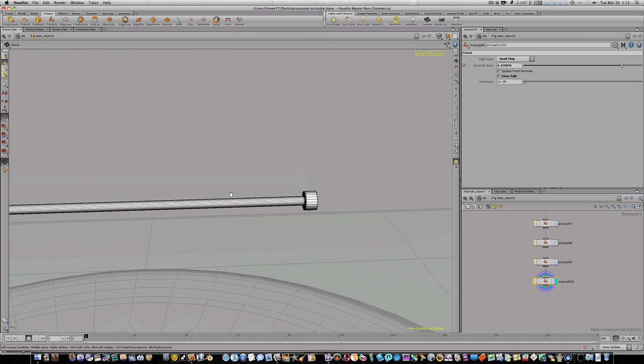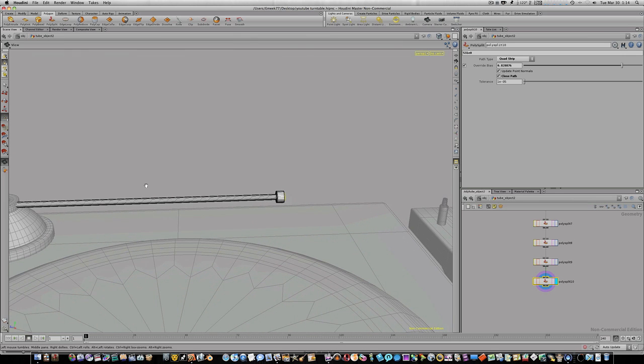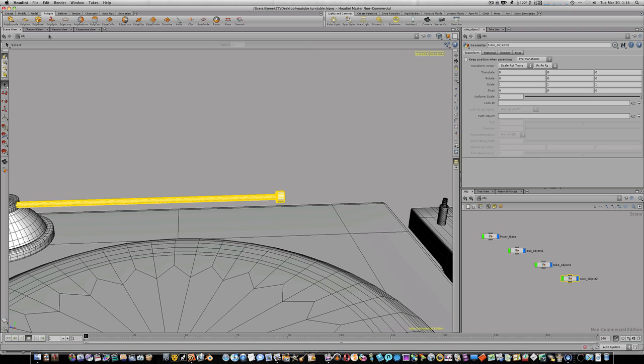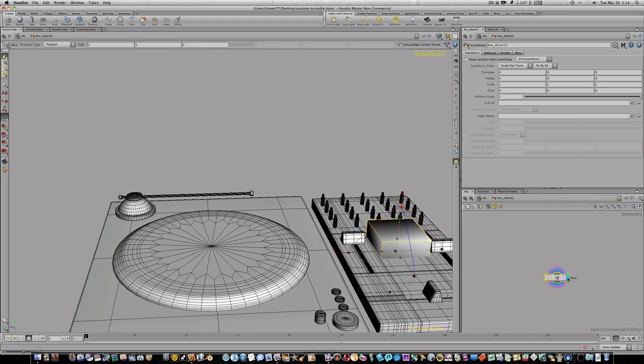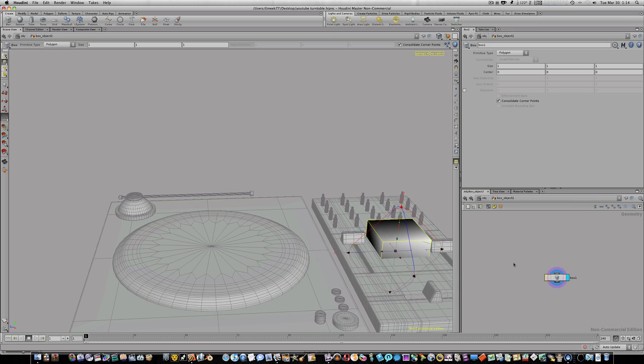So far so good. Now we just need to add our little box at the end, and we can add that from within here. We can tab in a box node and then merge them together with a merge node, or we can go back up to object level and then combine them all. Let's go back up to object level, create, let's zoom out, let's control click our box, let's go into our box,